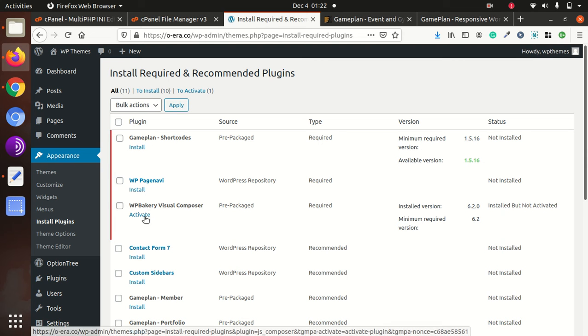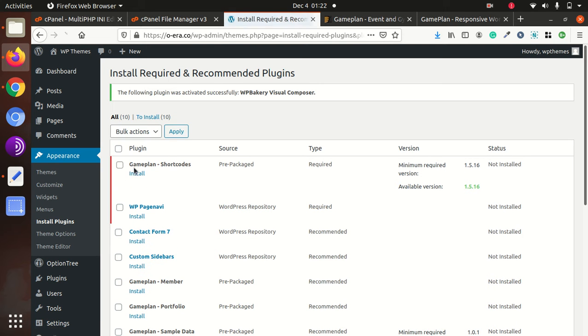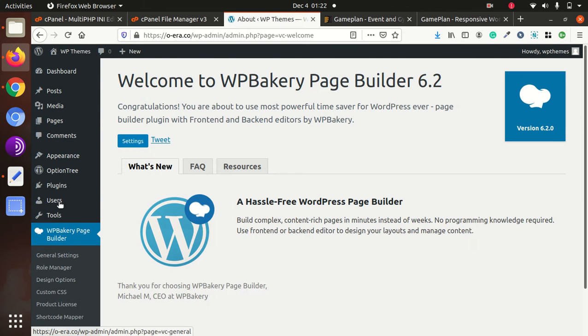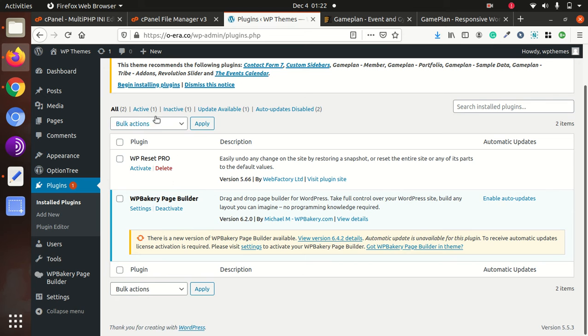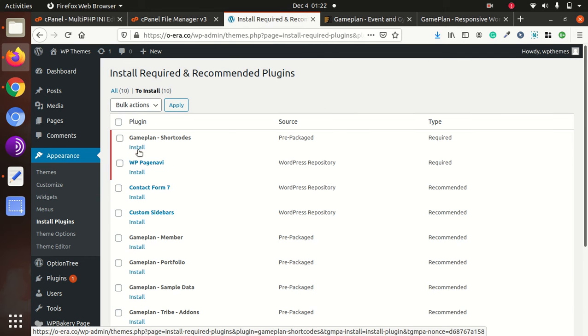You will be directed to the Visual Composer landing page on the next page, and you have to ignore that. So again come to Begin installing plugins and install GamePlan shortcodes.